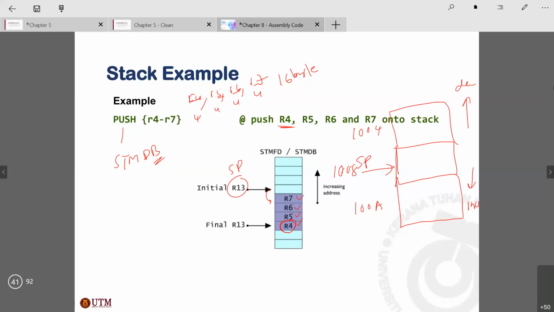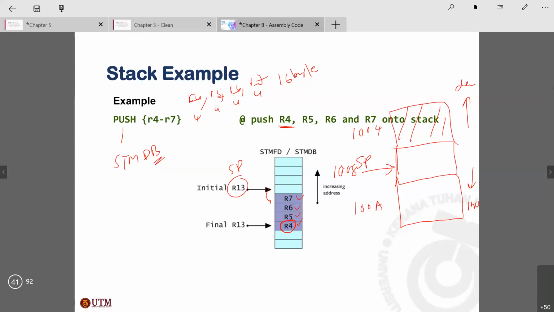The first question is: when the stack pointer is pointing to this location, is there already data here, or is the location I'm pointing to currently empty? That is the style of your stack, which is set in your program. If the way your system has been programmed is that the stack pointer always points to an empty location,